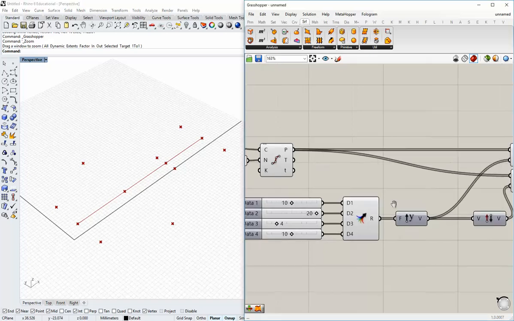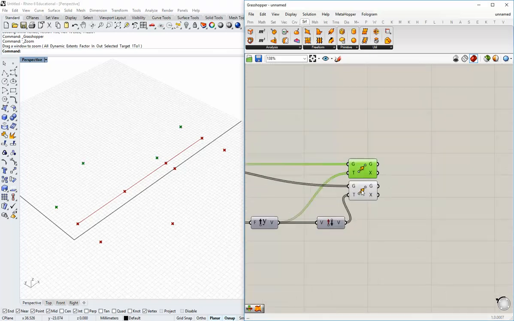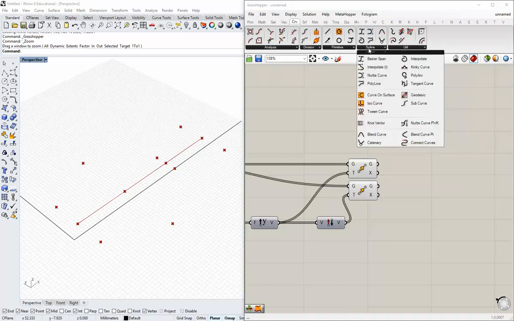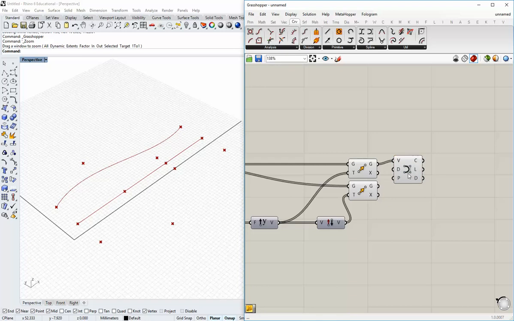So I'll start to draw now using these points instead of drawing arcs. I'll actually draw some NURBS curves through them. So this will be a little bit of a review from some stuff we've been looking at, especially when it comes to drawing curves through points from the grid. In this case, we're just going to use a set of points to draw a single NURBS curve. So I'm going to head over to the curve tab here and go to spline. You'll find NURBS curve down there on the left, and you can just go ahead and plug each of these in here,